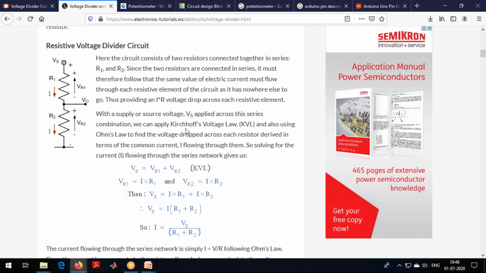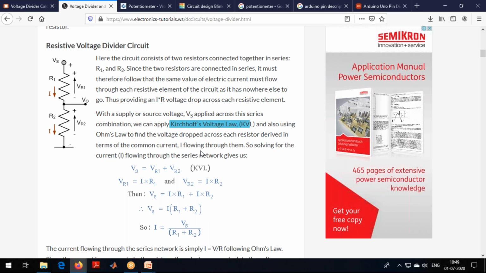And we have a particular law called KVL, Kirchhoff's voltage law, according to which we can write Vs is equal to the voltage across resistor R1 plus the voltage across resistor R2, because they are in series. This is something like Newton's laws, where we say energy can neither be created nor destroyed. For example, if I have some voltage Vs, it has to be delivered to R1 and R2. It cannot be simply wasted, right? That's the reason we say Vs equals VR1 plus VR2.